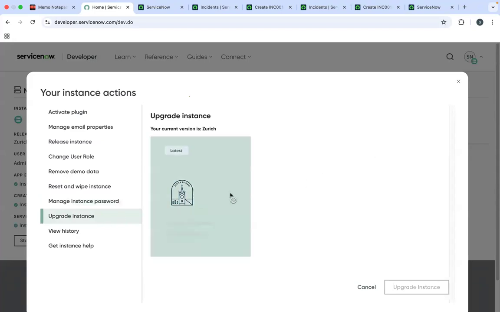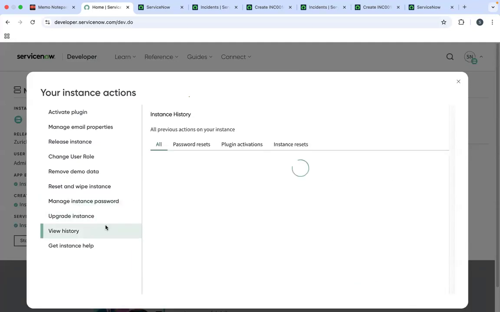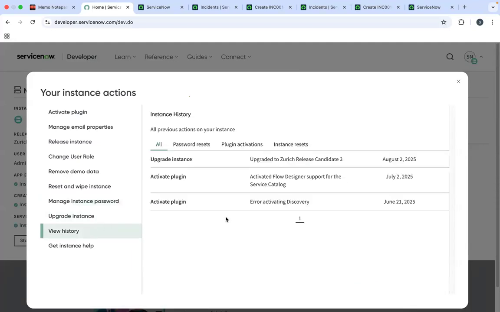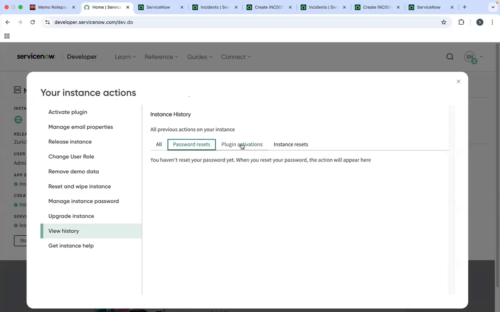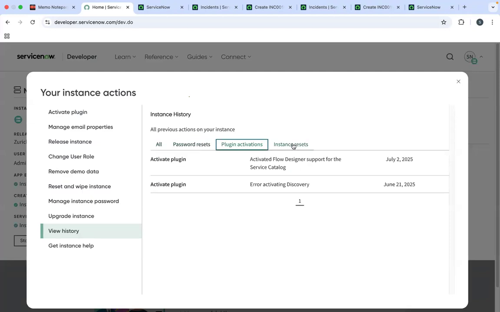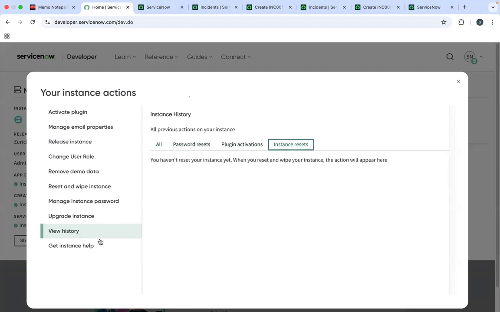So right now we are in Zurich release candidate 3. Whenever a new upgrade happens, it will appear here, so that you can upgrade in the PDI itself. You can see the history of what plugins you have activated, or what you have upgraded on the instances. When you upgrade the instance, reset the instance password, activate plugins, or reset the instance, everything